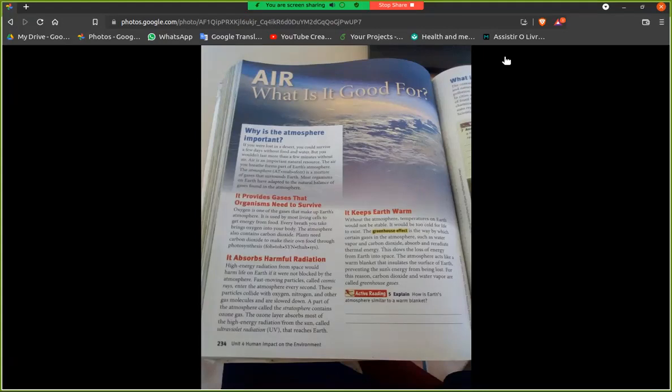And the Earth is not fried because of the atmosphere, the ozone layer that protects from that radiation. And also it doesn't let the heat dissipate too easily from our atmosphere. It holds it so that the Earth is at quote unquote room temp, keeps the Earth warm. That's very important.